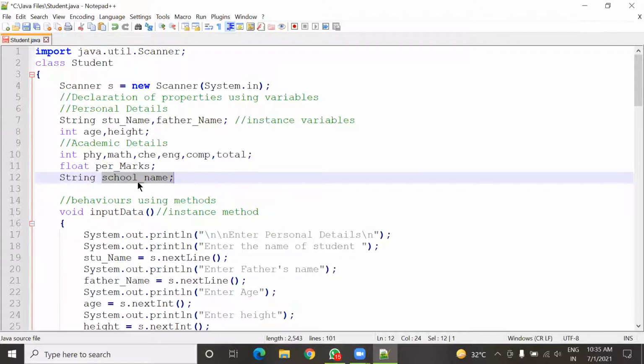Will this variable store a different school name for each student, or the same name for each student? Same name, na? It means that this school name here is a kind of variable that is sharing the same data with all the objects in this program, or not?